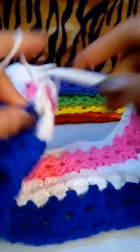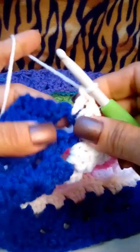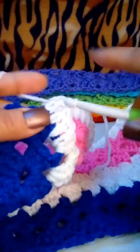Okay guys, so I'm in my last cluster on my working square, so I'm just going to finish that. And that's 3 double crochets. Okay, and then now we're going to move on to our 4 double crochets, just like we did at the start of this strip. So that's going to be 1, 2, don't tell me I skipped that hidden one again. I did not. So we have 4, and then we're going to go ahead and do a corner cluster of 3 double crochets,